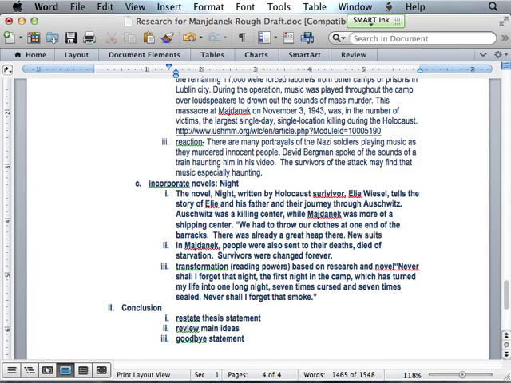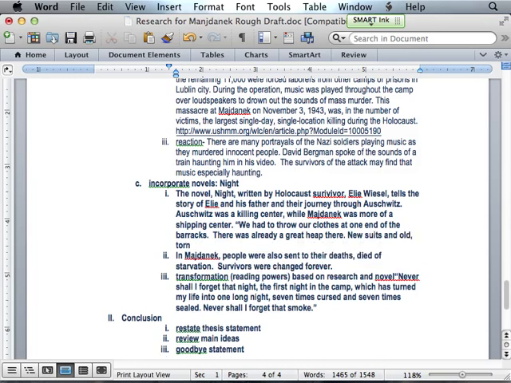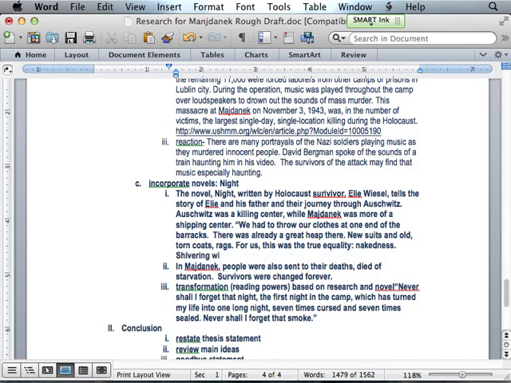New suits and old, torn coats, rags. For us, this was the true equality. Nakedness. Shivering with the cold. End quote.